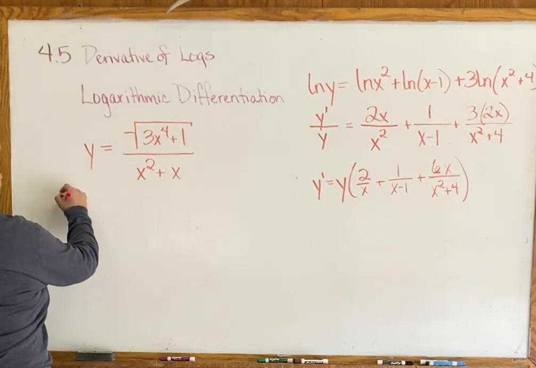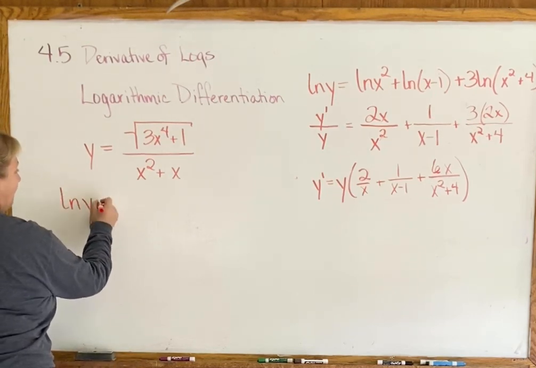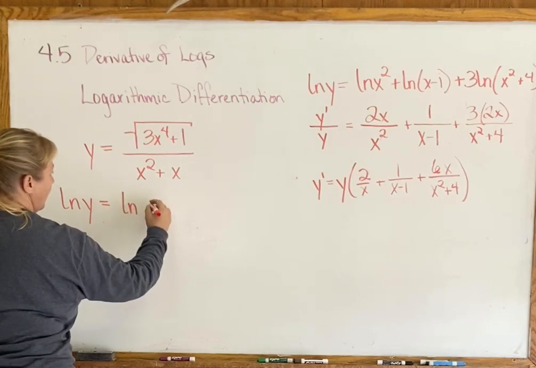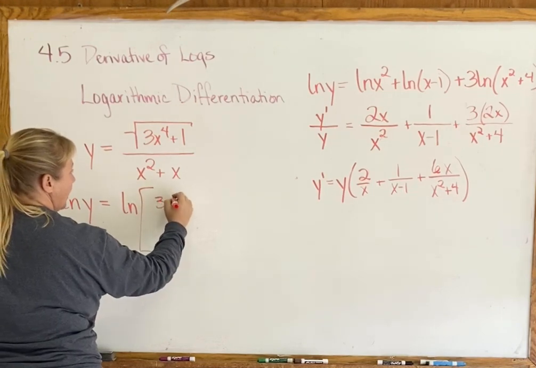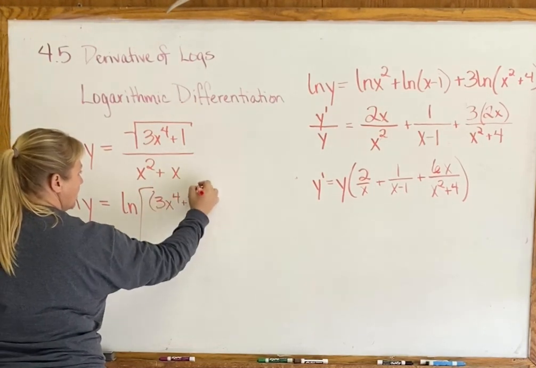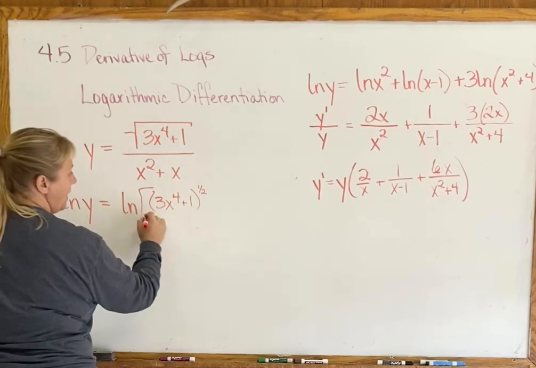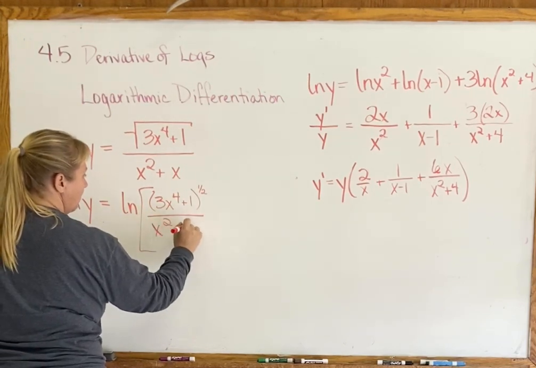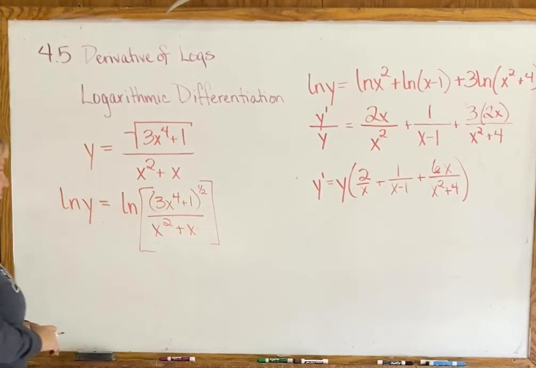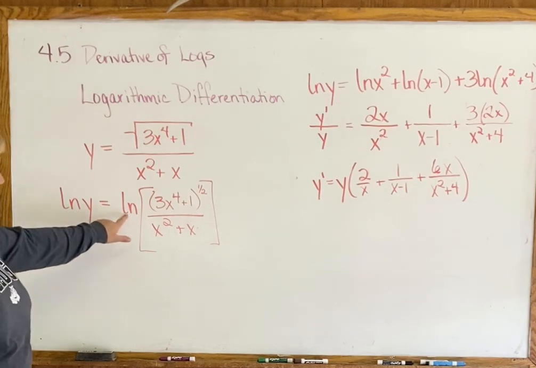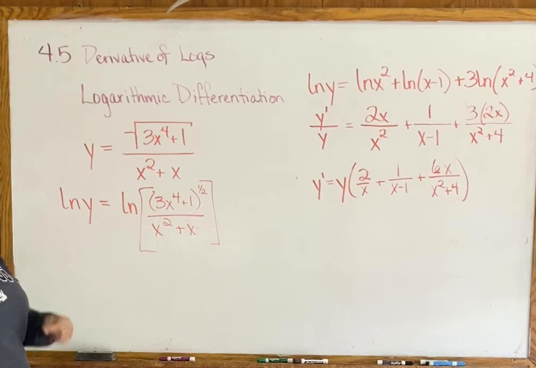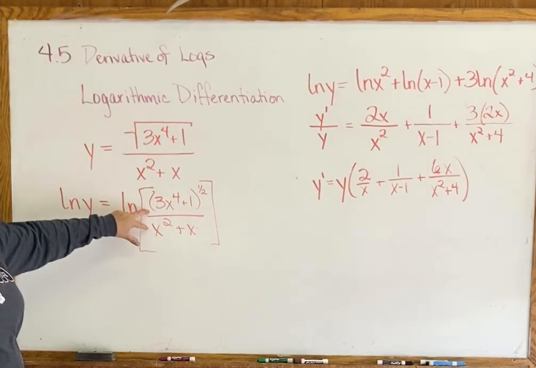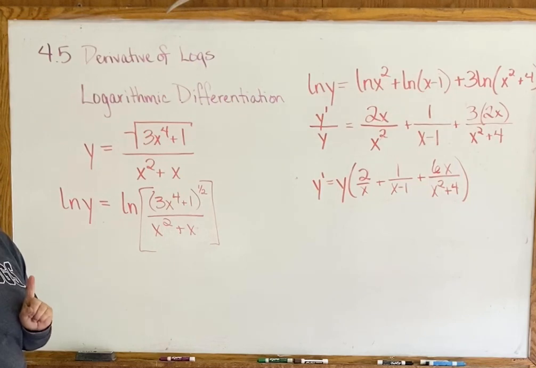So we're going to log both sides. We're going to say the ln of y equals the ln, and then we're going to put this whole thing in there. I'm going to make the change right now to write that as 3x to the 4th plus 1 to the 1/2 power over x squared plus x. Now, remember, we didn't include this natural log to make this harder. We did this to make this easier, because when you see a quotient in a natural log,